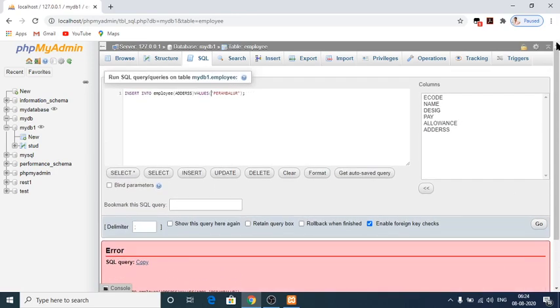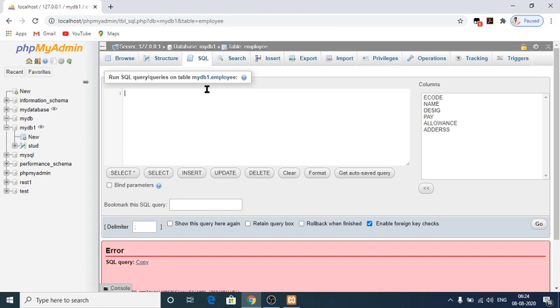So let me remove that one. Insert into employee address values Perambalur for the individual person, I would like to add the record. But it has been added as a new one. The address has been added as a new record. So that should not happen here.